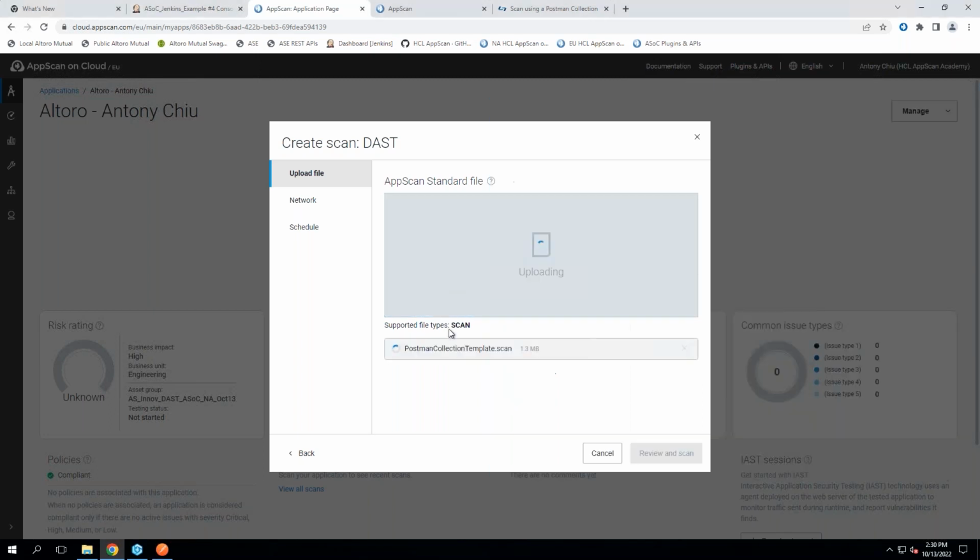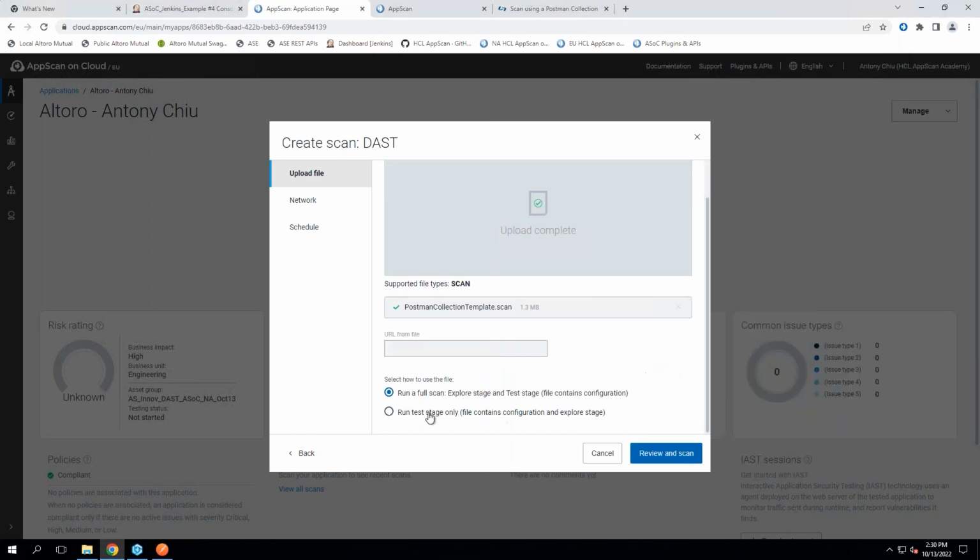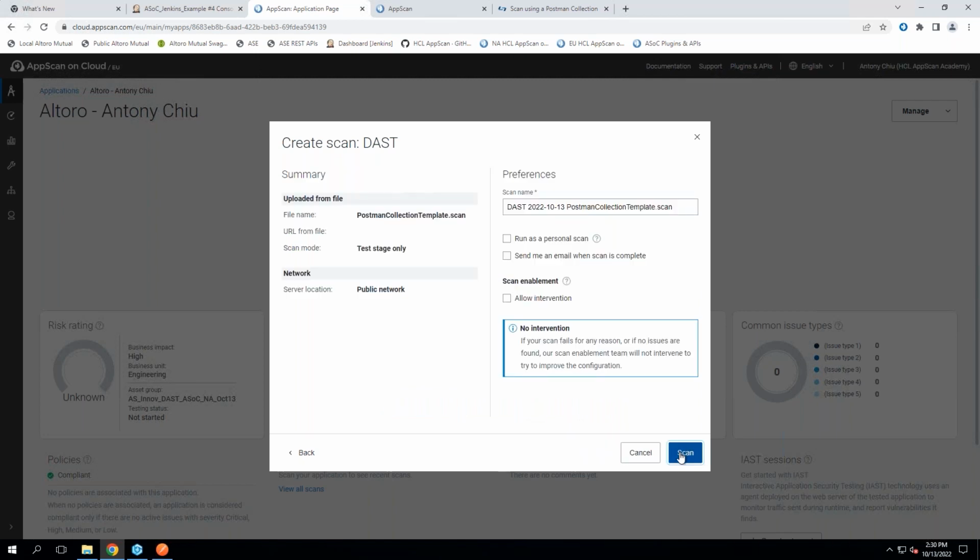So you can drag and drop it. Okay, and then here at the bottom, we're going to do a run test stage only. It's because, as you can see, the file contains configuration and explore stage data, and we're just going to do a test on this particular